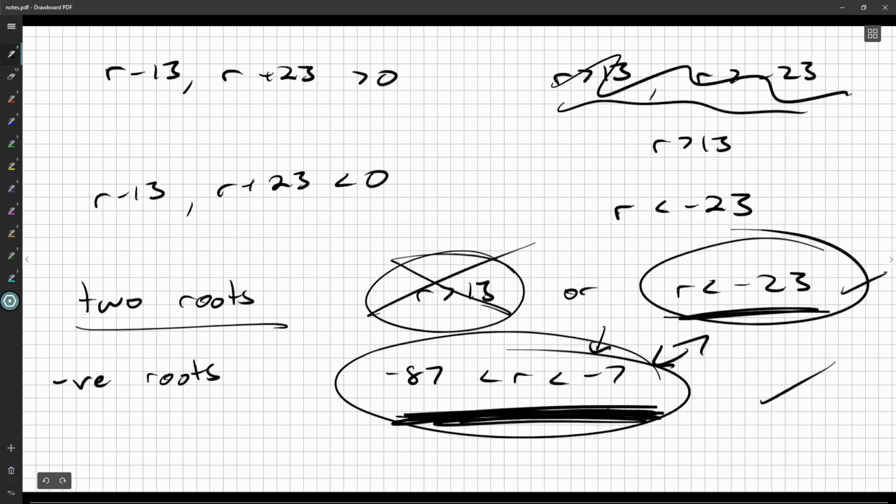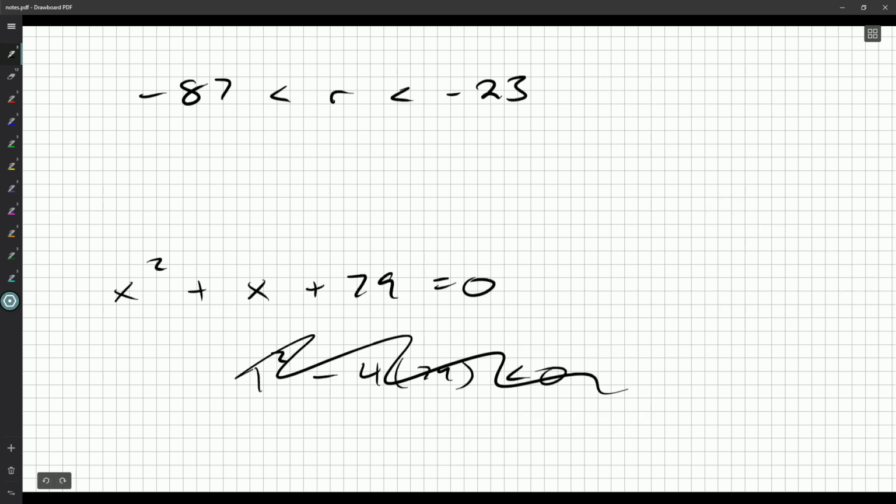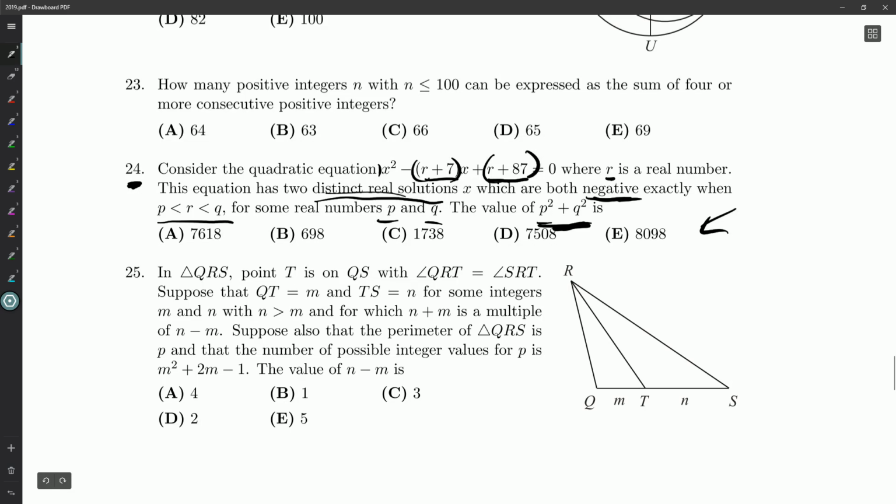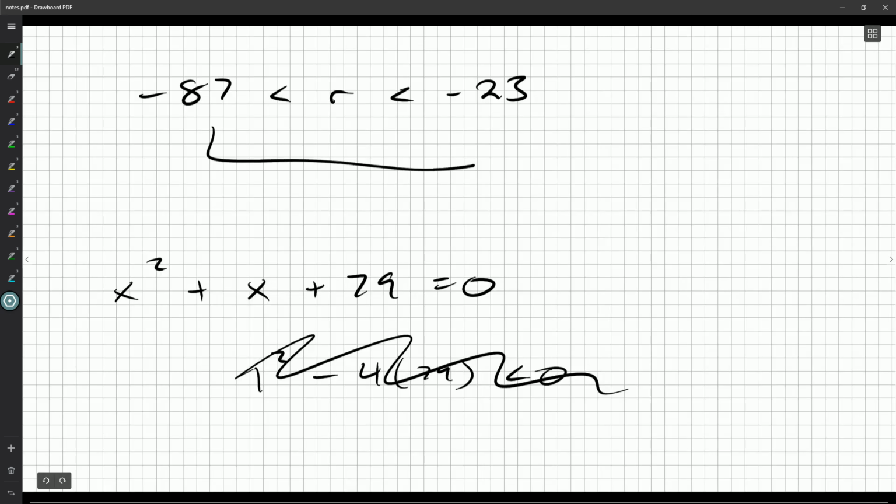You need this condition to ensure that you've got negative roots when you do have real roots. And since those are the only things they told us, two distinct real roots, both of them negative, we know we're not searching for anything more. Any of the values of r in this range will work. So this is p, this is q, and we just want p squared plus q squared. So we grab our calculator. 87 squared, I mean technically minus 87 squared, but no one cares. Plus 23 squared, and we're looking at